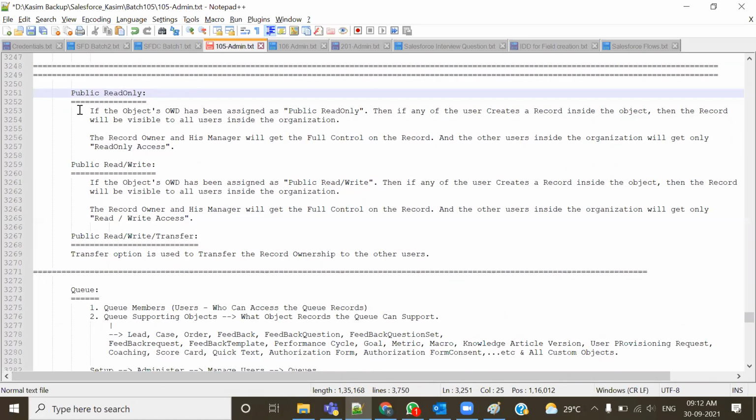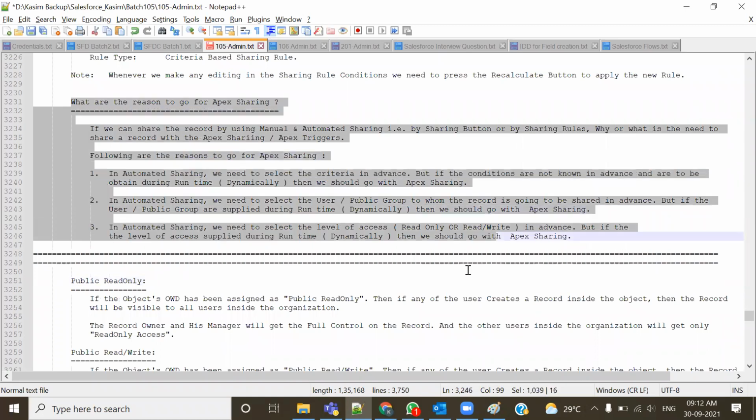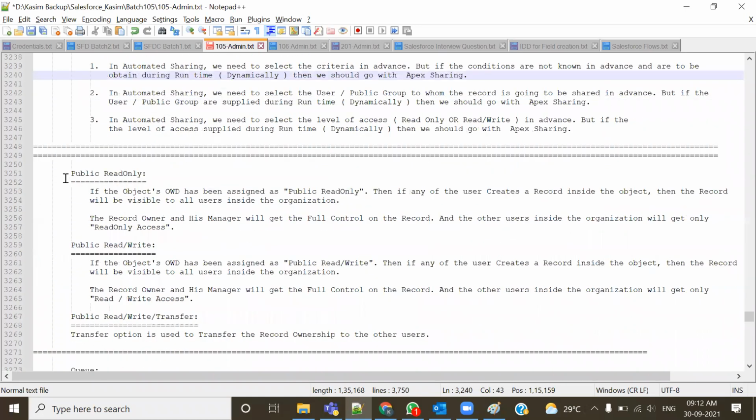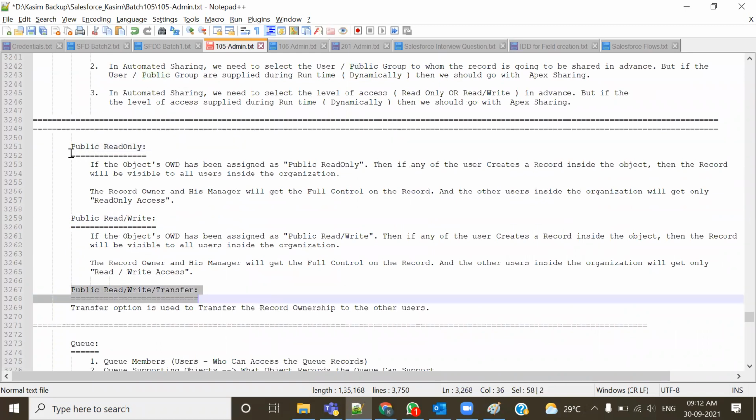बहुत छोटी सी बात है, OWD के सारे ऑप्शन देख लिए, ये सारी चीजें डिस्कस करी हमने प्राइवेट के अंदर। OWD के 9 ऑप्शन होते हैं जिसमें से प्राइवेट मैंने कहा था सबसे बड़ा है, और बाकी के ऑप्शन उतने मायने नहीं रखते। आप चाहे पब्लिक रीड ओनली, पब्लिक रीड राइट या पब्लिक रीड राइट ट्रांसफर पे जाओ, तो ट्रांसफर से हम कल स्टार्ट करने वाले हैं।